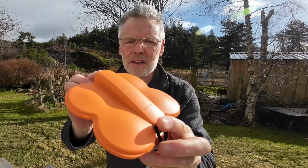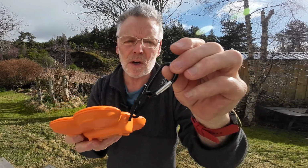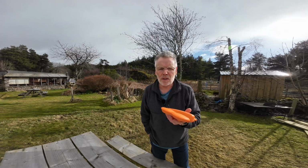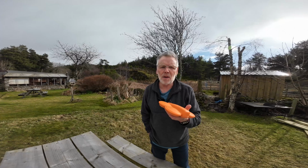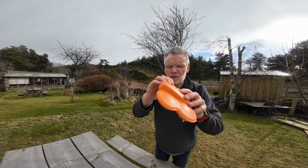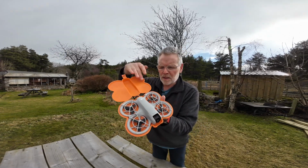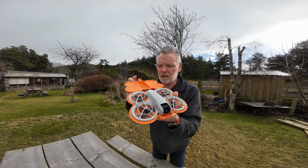Okay, this is the case here. Really small and compact. It's no bigger than the actual drone itself. You can clip it to your rucksack via this if you want, or just shove it in your rucksack. The drone and the case, I think when I weighed it, was just over 200 grams, and considering the Neo drone weighs about 135, it's not really adding a significant amount of extra weight. Being a hard case, it completely protects the drone and takes up no more space than the drone itself. So literally, that's the case there. Put the drone in there like that, close it up, and that's it. Really robust,